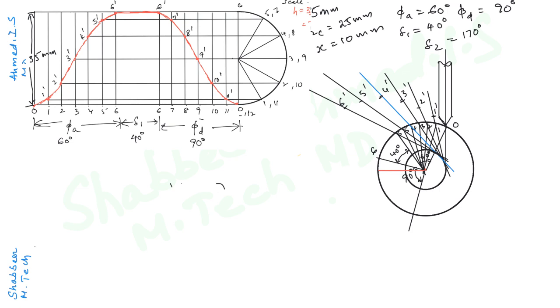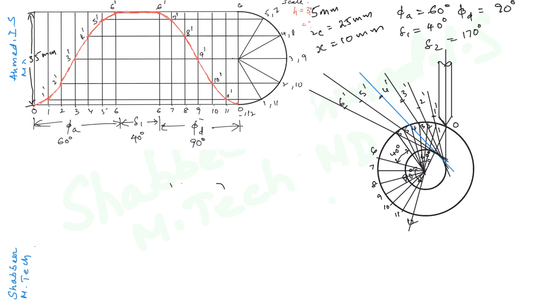I will use a black marker. So first part, second part, third part, fourth part. Now we have the fifth and sixth parts. We will number these parts 6, 7, 8, 9, 10, 11 and 12. So this is 12th. So now from the point 6, we have to draw another line which is tangent